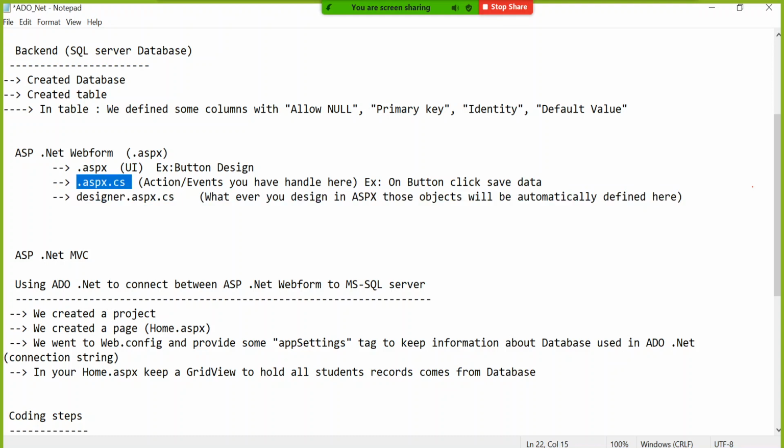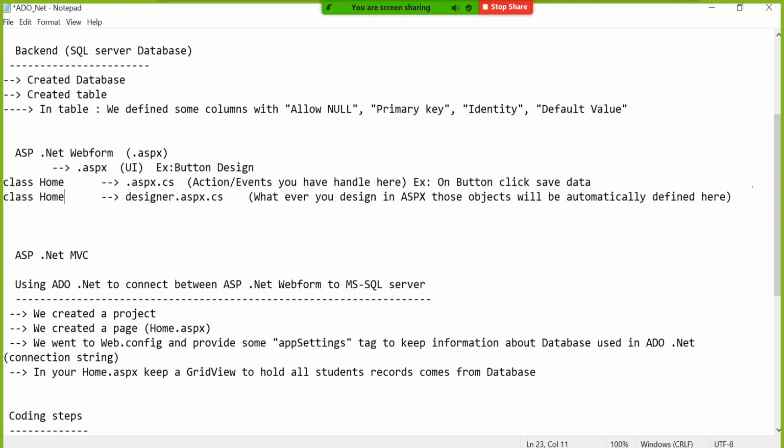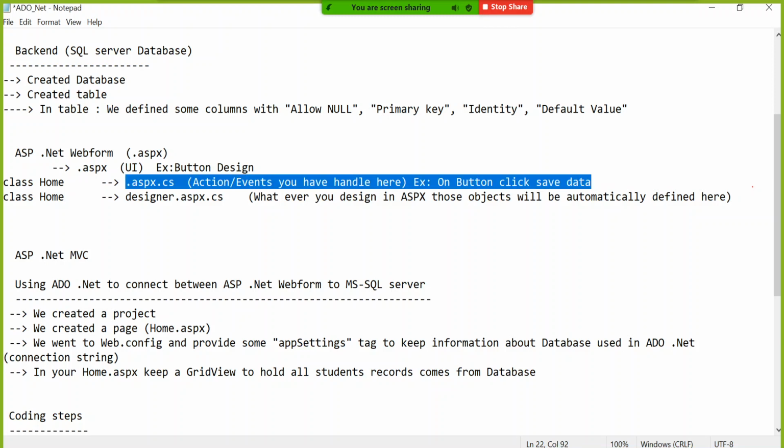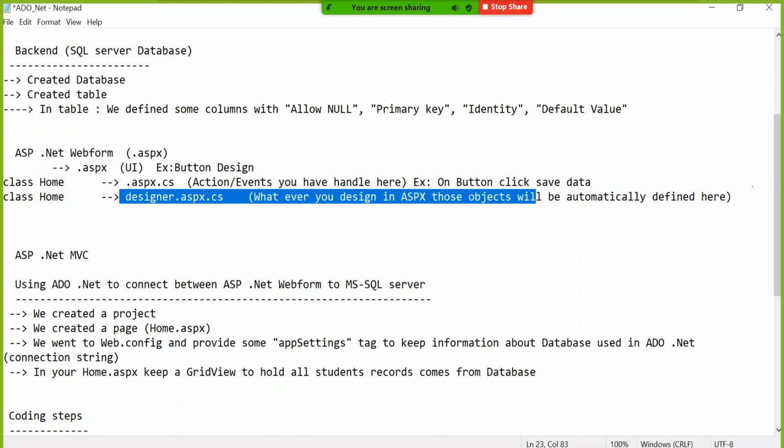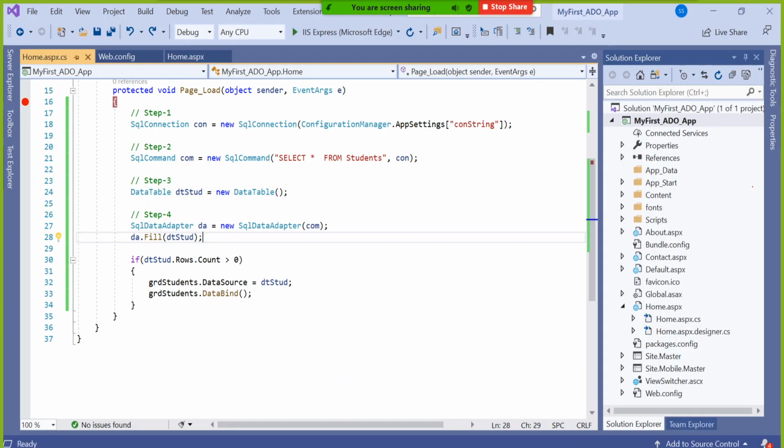If my page name is home, here also it should be class home. I'm answering your question, but going a little into the background. Here also class home, don't you think? Then only it can say whichever coding is available in this page, the same object is defined in this page. Now you go see practically. Home.aspx is already open.